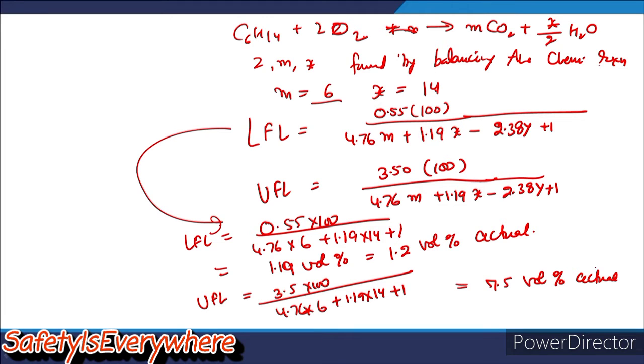So in this way, because you have the standard LFL and UFL for this component, which you can get from the last slide, you can compare what you find theoretically and what the difference is between the theoretical value and the experimental value. And sometimes these particular things are extremely important. The reason is that because of a slight deviation, the properties of the component with respect to LFL and UFL might have changed.